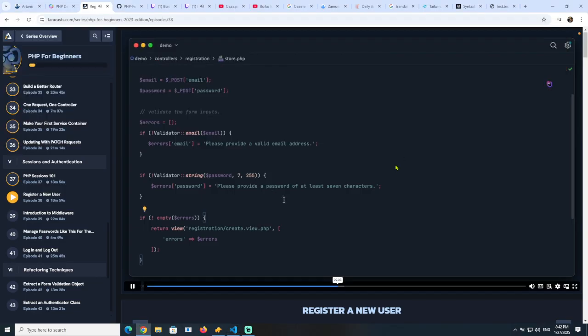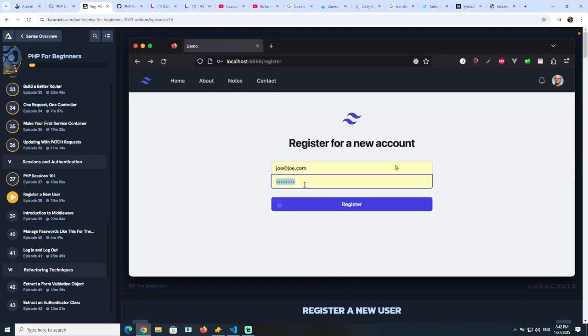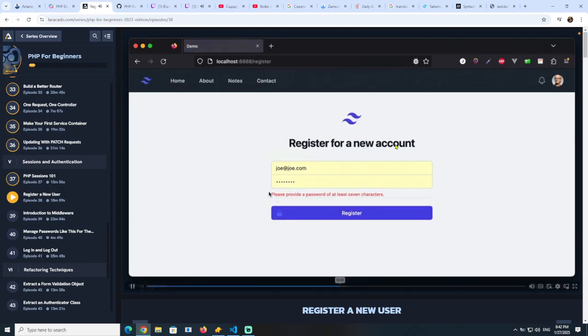So let's give this a shot in the browser. All right, so back on the registration form, let's try a password of only 3 characters. And yeah, of course, it looks like the style